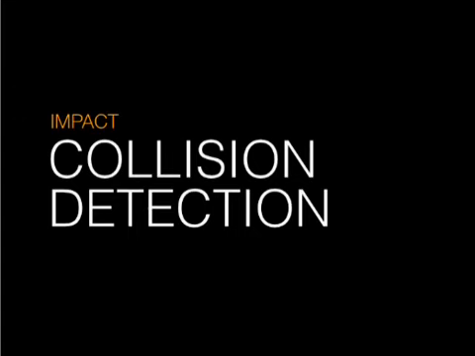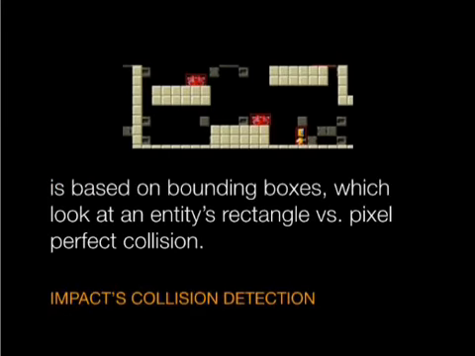Another thing that is really important in Impact is collision detection. Impact's collision detection is bounding box-based, and what that means is that it's not doing pixel-per-pixel collision detection. A box is drawn, or you actually define the box around your entity, and then it can test for when two boxes collide. This is the fastest type of collision possible in a game engine, and that's why Impact uses it this way. So it's not incredibly accurate, but it allows you to have very decent collision detection.